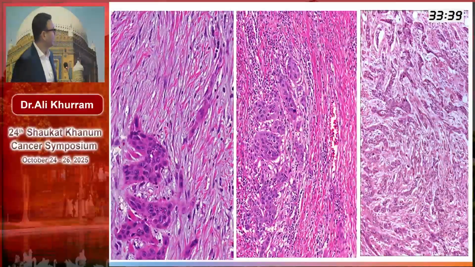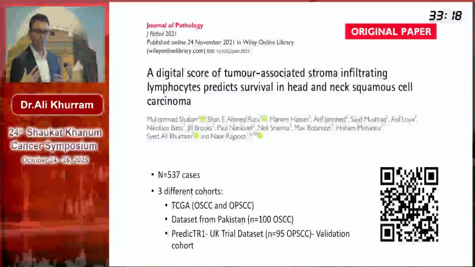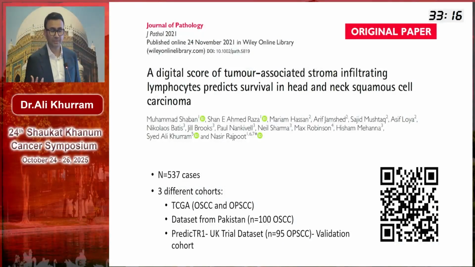But in a lot of instances, you see different stromal changes in squamous cell carcinoma as well. You tend to see this desmoplasia. And in the cases where you see the desmoplasia, you don't tend to see many TILs, because the stroma tends to stop the TILs from getting into the tumor. So we decided to expand on the work a little bit, and wanted to look at how the lymphocytes in the stroma might be actually important or not. And this was on a bigger cohort.